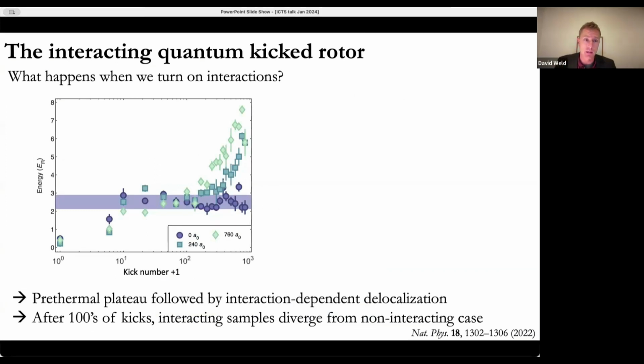So what's shown here is the measured energy of this ensemble of kicked rotors as a function of kick number, again with the logarithmic x-axis. So this is going out to 1,000 kicks. And what you see is that after 10 kicks and up to maybe 100 kicks, all the rotors with different interaction strengths evolve about the same, and they come to rest close to this shaded prethermal plateau. But after that, sorry, I should have said the blue circles show non-interacting rotors, and the diamonds and squares show interacting rotors. And you see that after about 100 kicks, the interacting samples noticeably diverge from the non-interacting